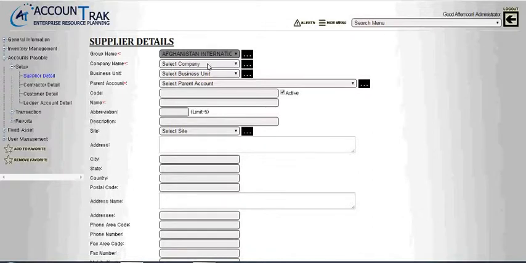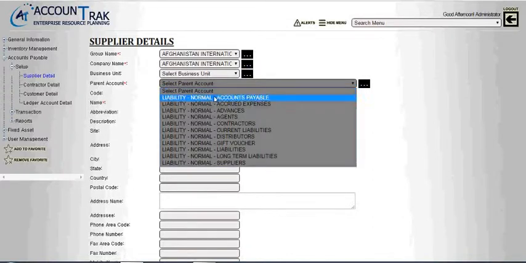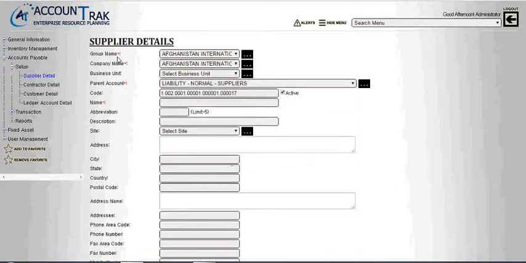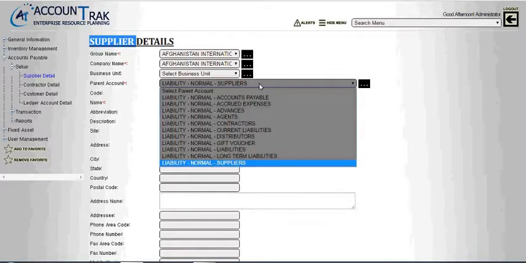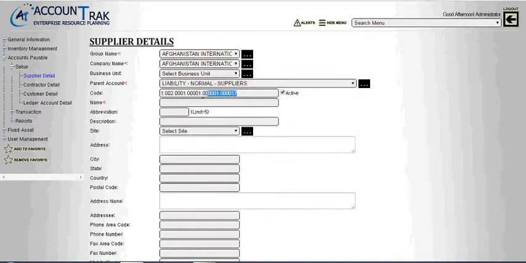The fields with red asterisk marks are mandatory fields, so I have to select the group name and the company name of the supplier, and I will select suppliers from the parent account because I am adding the supplier details. So the parent account is liability and suppliers. It will generate an automatic code for the supplier. I will provide the name of the supplier